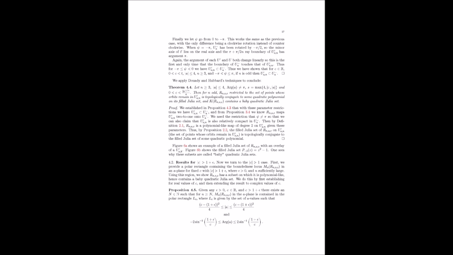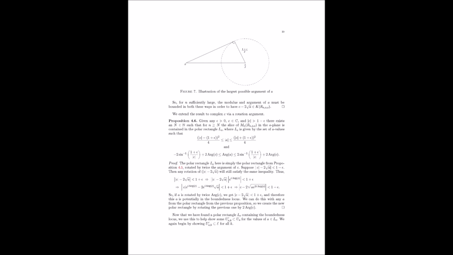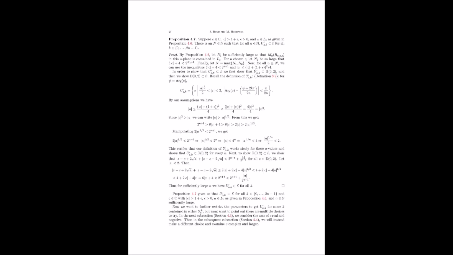Right. And in their paper, Boyd and Hoeppner actually explore two different scenarios depending on the value of C. So first, they look at what happens when C is small. Okay. And in this case, they find that these baby Mandelbrot sets are located within a specific polar rectangle, which they denote by UAN. And this rectangle has a very specific position relative to that ellipse E that we talked about, and some other important points called critical values, which are denoted by V plus and V minus. Okay, so they've narrowed down the search area for these hidden gems. Right. They're saying, okay, if C is small, we know we can find these baby Mandelbrot sets within these specific